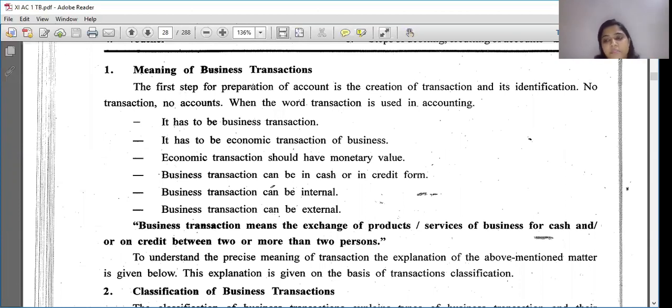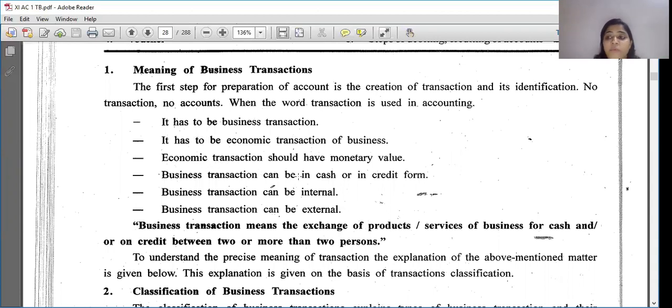First, it's a business transaction. What are business transactions? When the transaction is done, it should be a business transaction, meaning it should be an economic transaction. Now remember, what is an economic transaction? Money should be the medium of exchange. So economic transaction, then